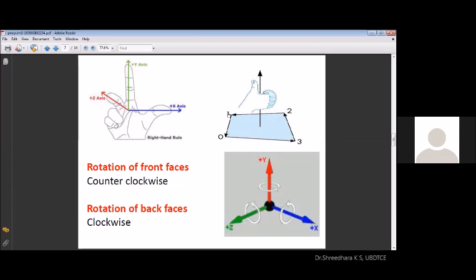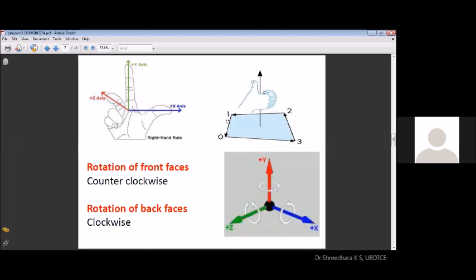The same face, if you want to make it a back face, will be arranged as 0, 1, 2, 3 in the clockwise direction if you rotate. So the normal, when you keep your thumb on this face, the thumb shows the direction of your normal. The fingers show the direction in which these vertices should be traced.